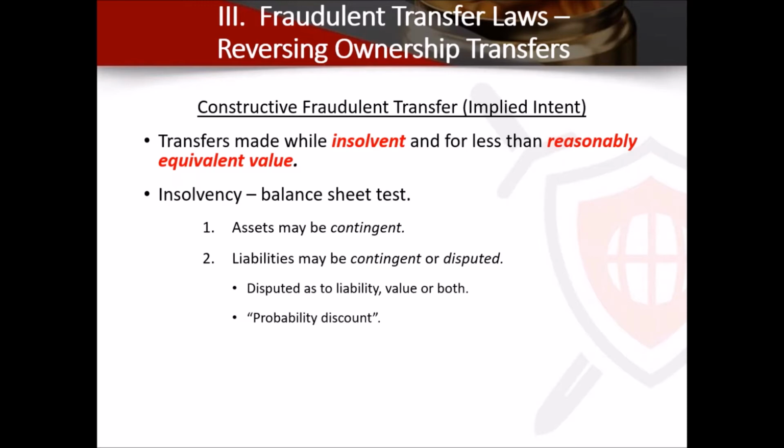So it's assets, you guys are the accountants, it's assets versus liabilities, right? But what if a liability is unclear? What if you're in litigation and it looks like you're going to owe 100 million, but you might end up owing 20 million? Well, these cases kind of come down to some kind of probability issue. If the most likely outcome is you're not going to owe anything, or you're going to owe a lot less than the demand, well, your balance sheet just got better. Maybe you're not insolvent, and if you're not insolvent, it wasn't a fraudulent transfer.